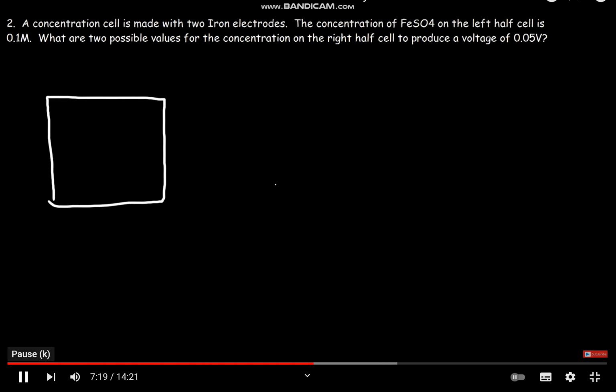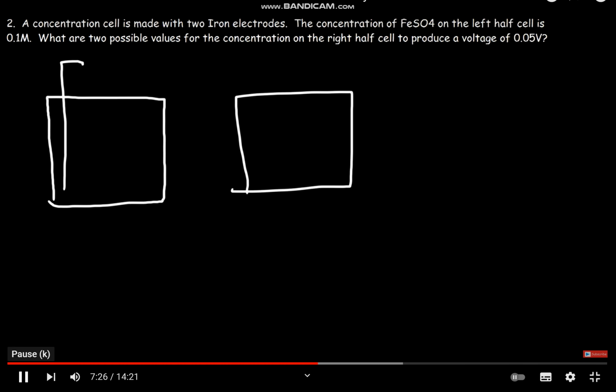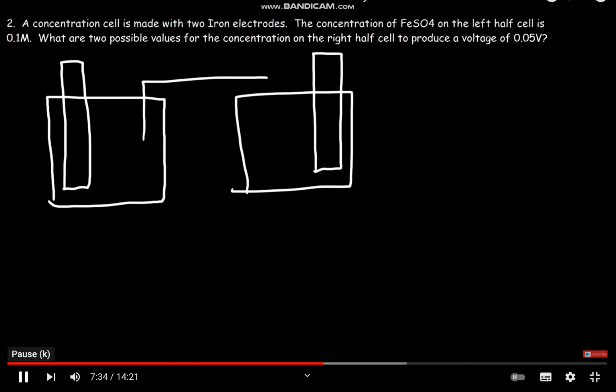So let's start with a picture. So here we have an iron electrode, and on this side we also have an iron electrode. And let's say this is the salt bridge,